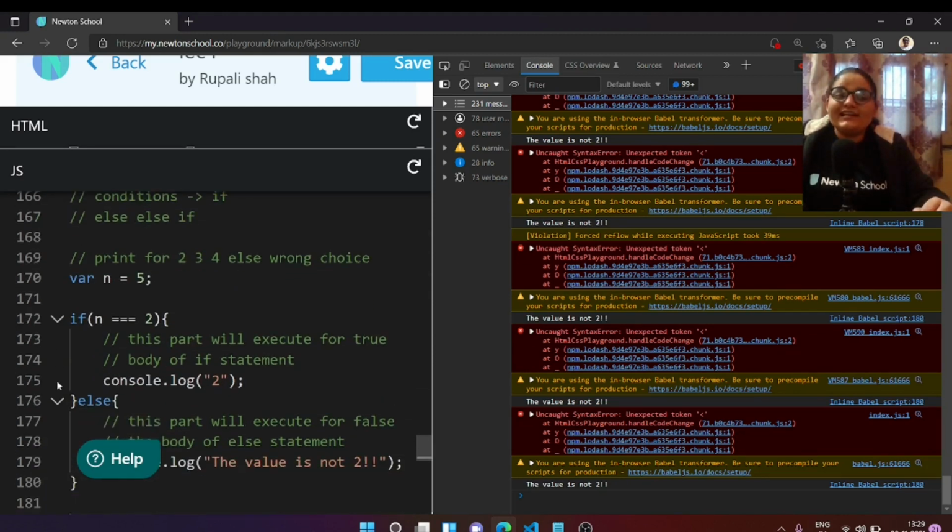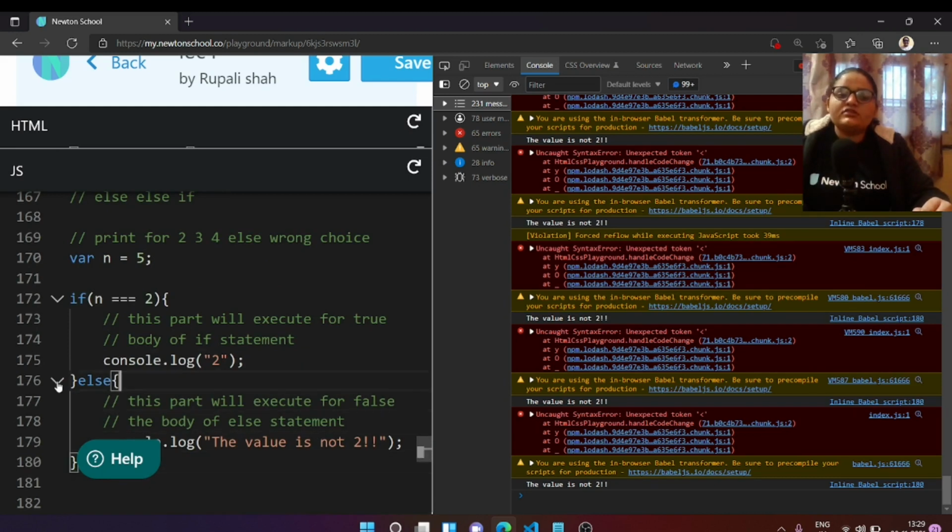Now what the else if statement does is, if this condition is false, then don't go to the else part, don't go to the ultimate false condition, just go to the else if conditions, which say, okay, the first one is false, so what, we have some other conditions also, are they going to be right?